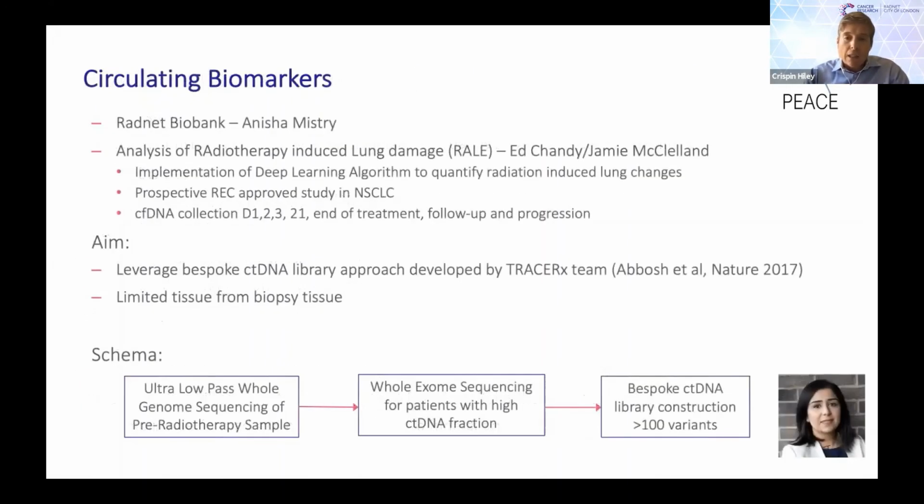And then I'd really just like to finish by talking about circulating biomarkers. So Nisha Mistry, who's pictured here, is the RadNet Biobank tissue coordinator and collector. And so we're collecting plasma samples for ctDNA analysis within that biobank, but we have, at UCLH, a